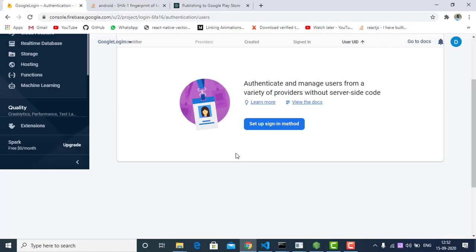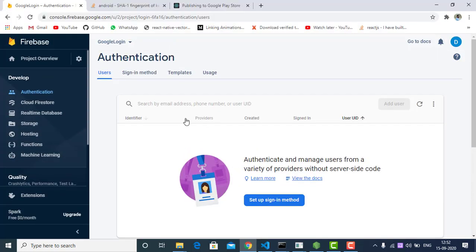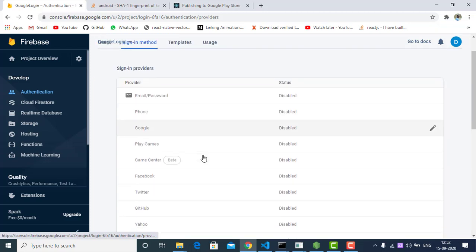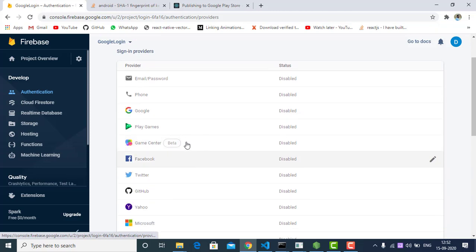In authentication we will go to the sign in method. And here we only need Google, so it is disabled by default, so you have to enable it.